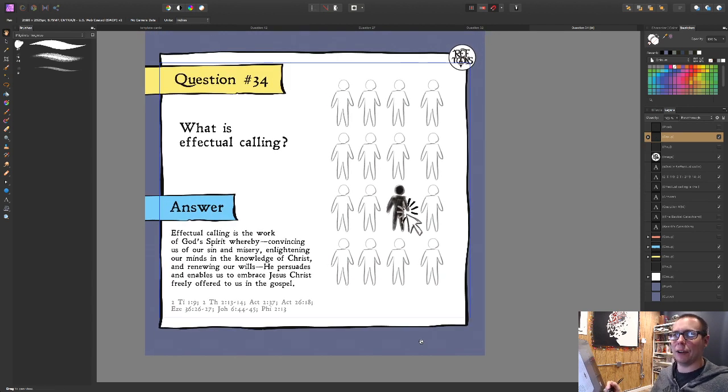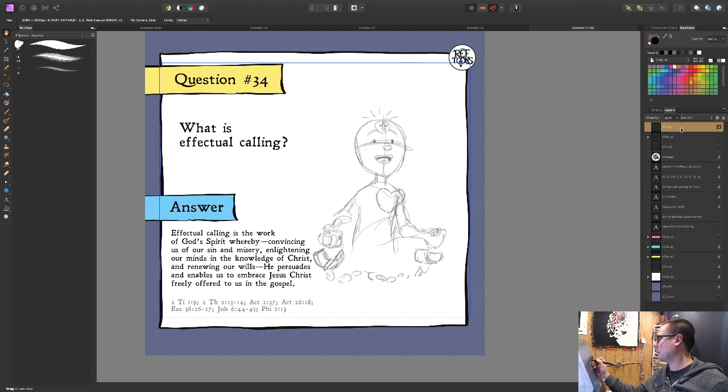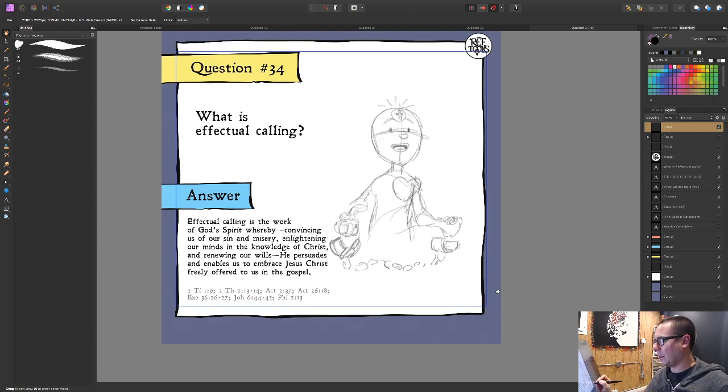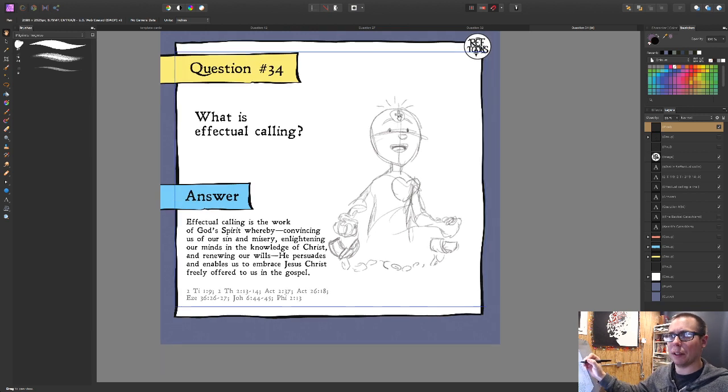But I don't know if that works very well. Probably not. So I'm working on this one where he's being freed, chains are falling off, convincing us, enlightening our minds in the knowledge of Christ, right up here.